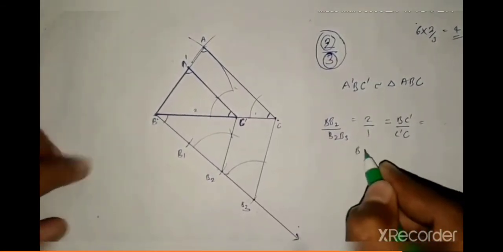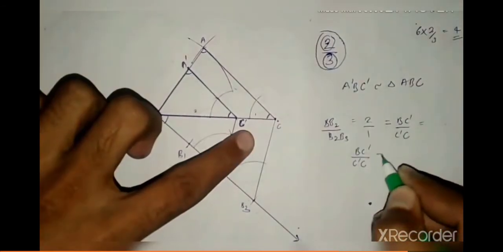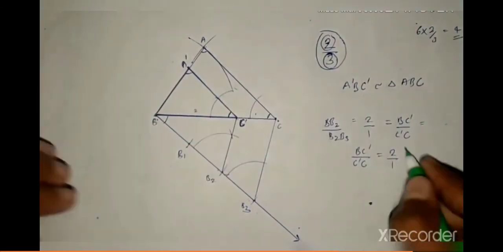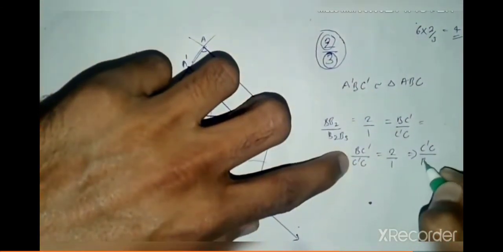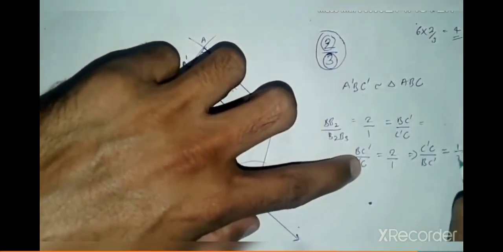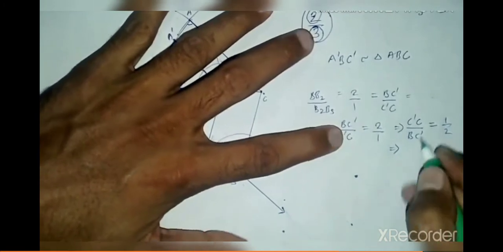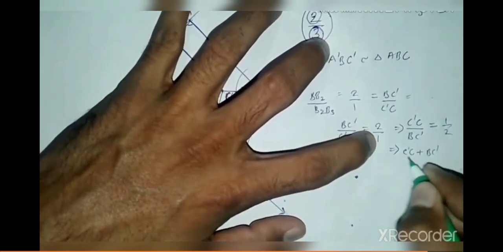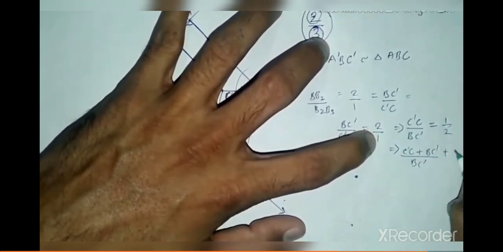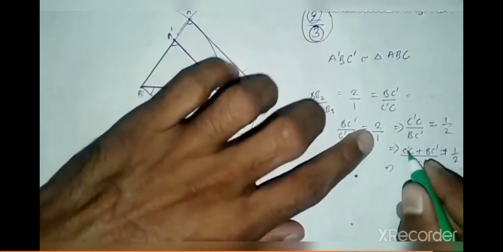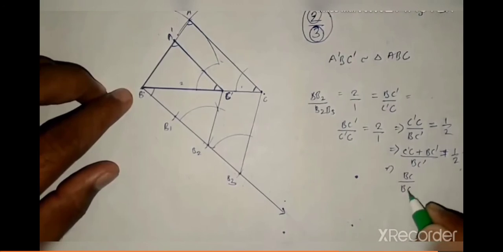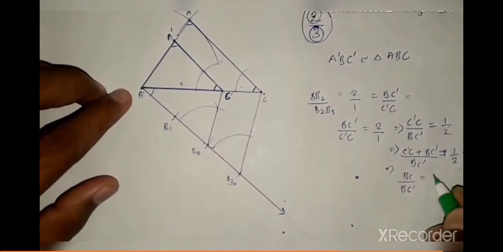Totally 3 parts. Then 2/3 of the triangle. Then BC dash by BC, C dash E will be 2/1. Then BC dash by BC will be what? Can you say? Yes, C dash E will be in what ratio? 1:2. Then BC will be 1 plus 2, 3 parts. We added 1, so 3/2. So how many parts now, we reverse it. C dash is nothing but BC. So BC by BC dash is equal to 3:2 ratio, or 3/2.